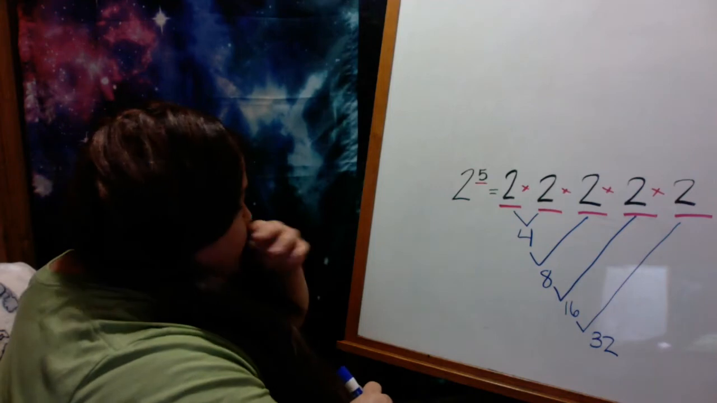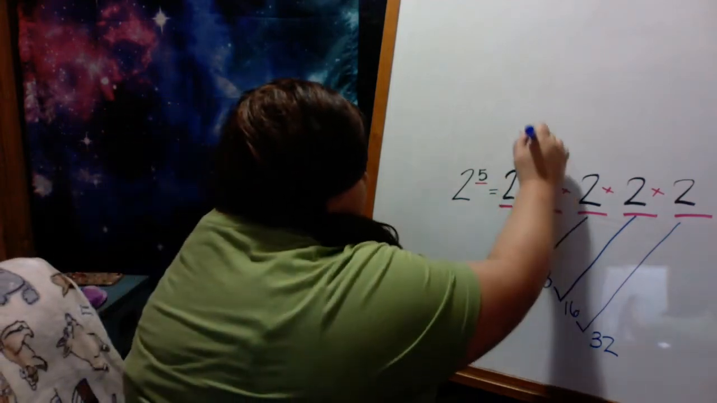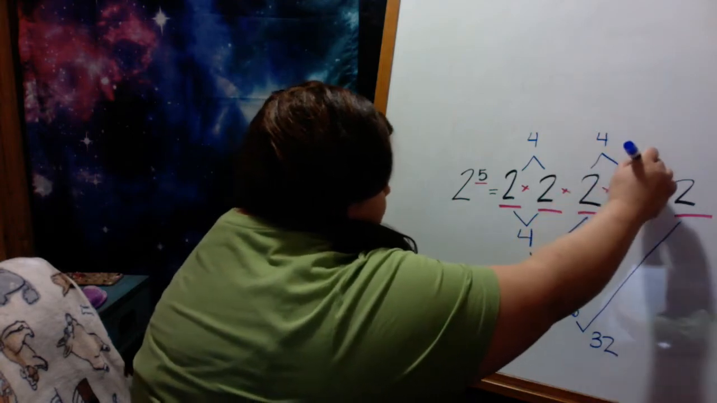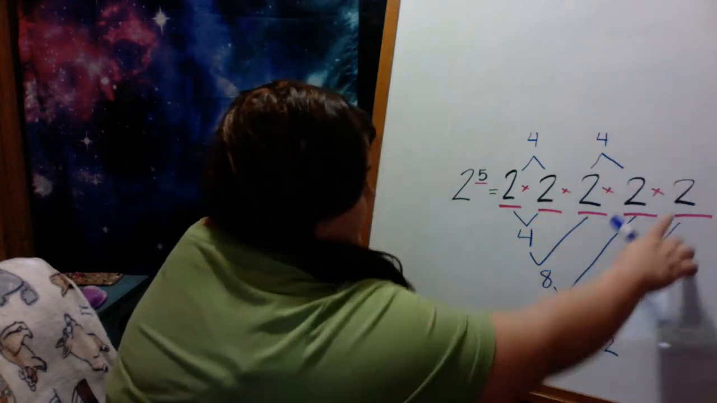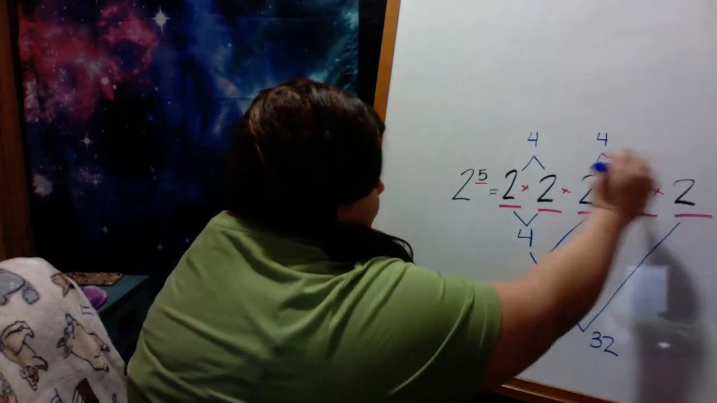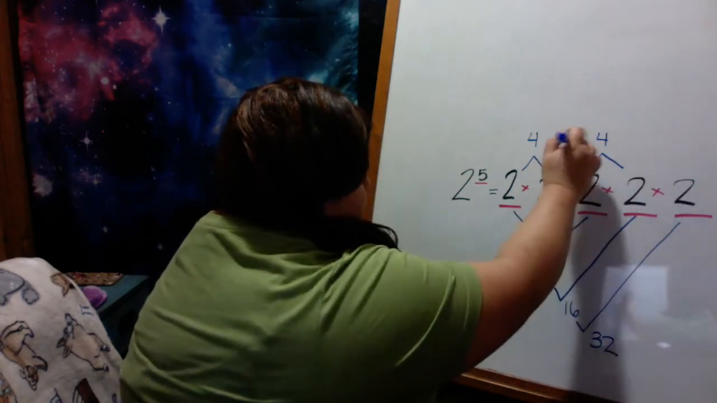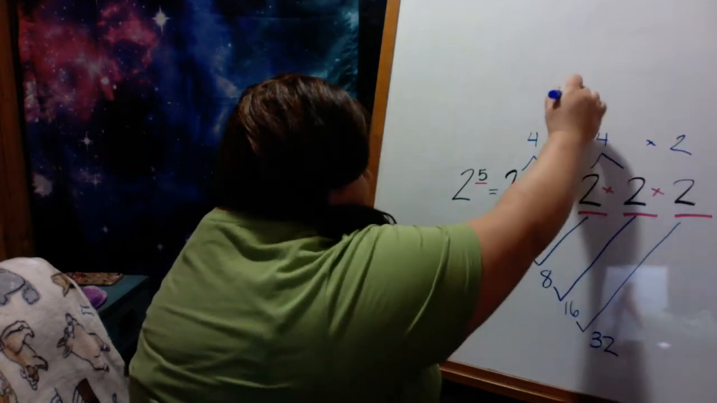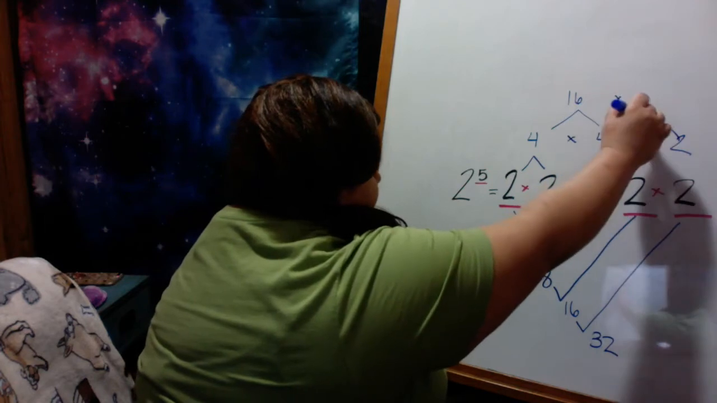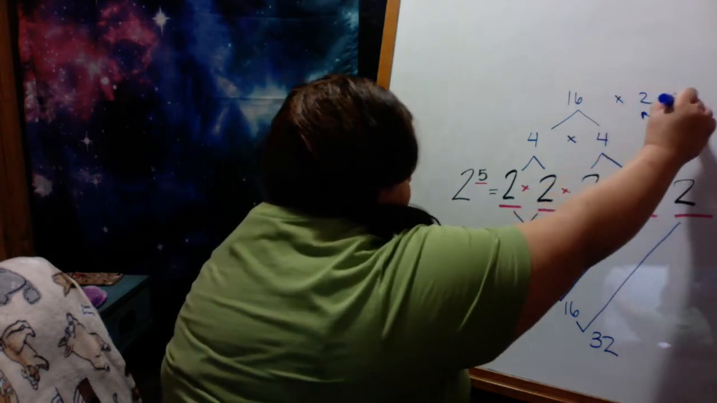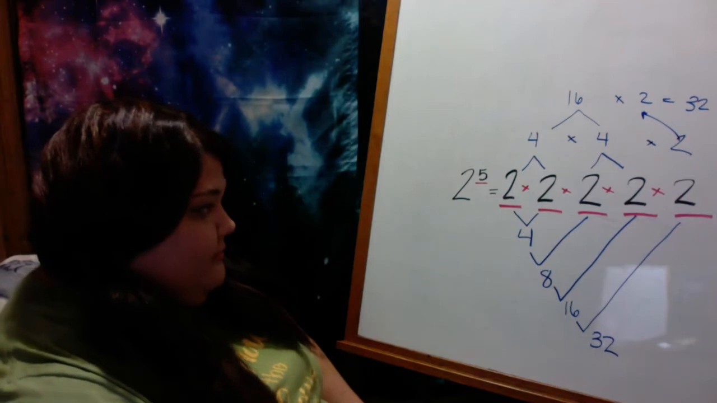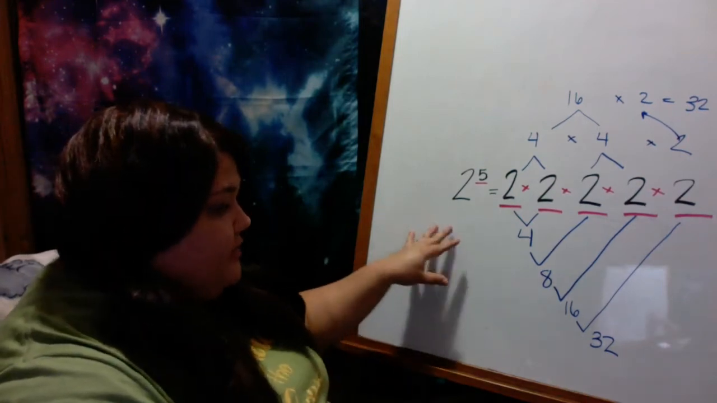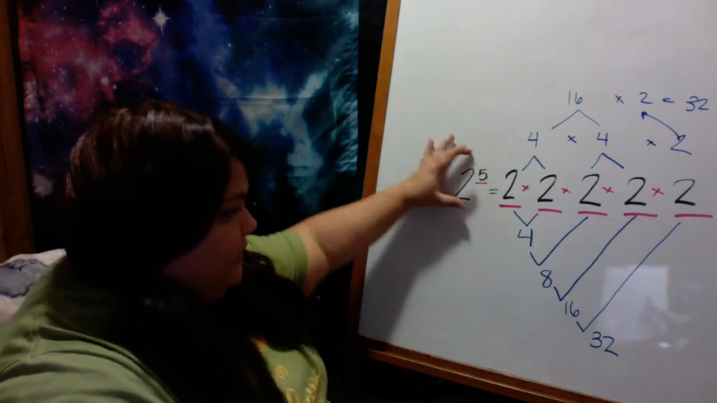Another way I saw someone solve it was they said 2 times 2 gives me 4. 2 times 2 gives me 4. Okay? And then you have this other 2 hanging out. So I have turned this into a 4 times 4, but I still have this 2 that's hanging out. So here I can do 4 times 4 gives me 16, and then 16 times this 2 equals 32. So multiplication can be solved in several different ways,